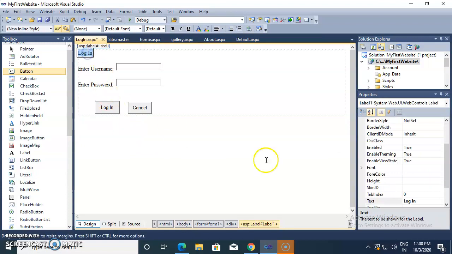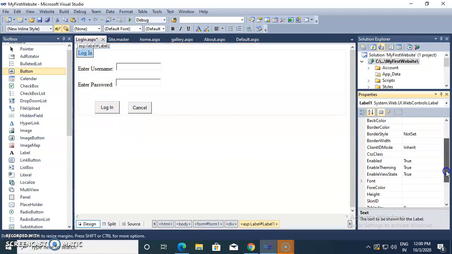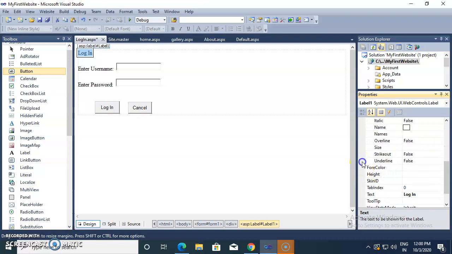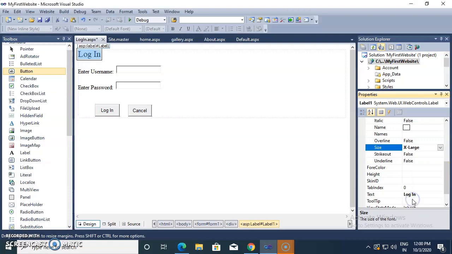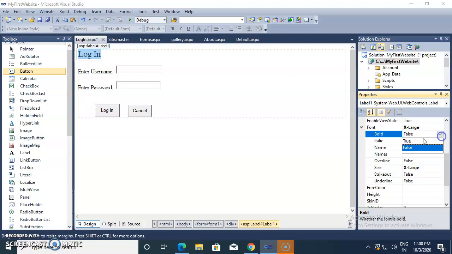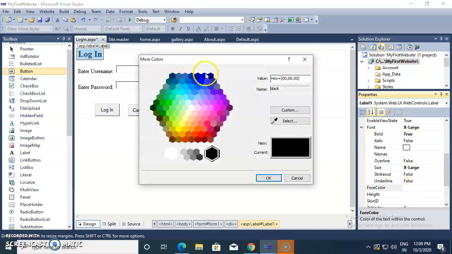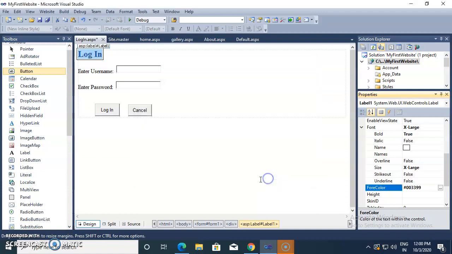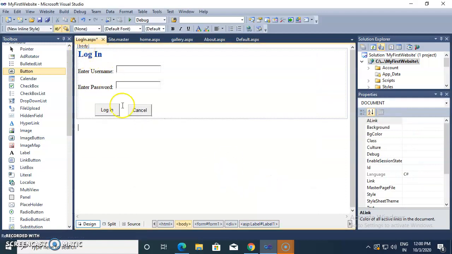So here I need to change the font color and font size. I'm changing them by using properties. Then I'm changing bold to true and the foreground color to navy blue. Okay, so login here.